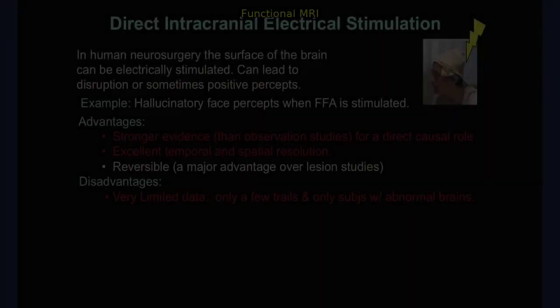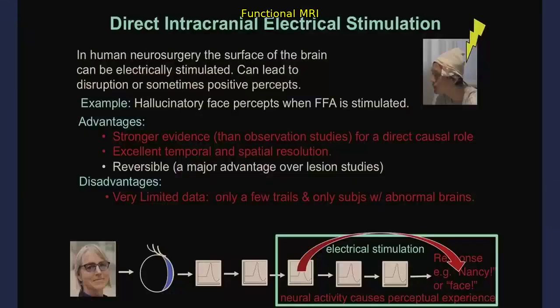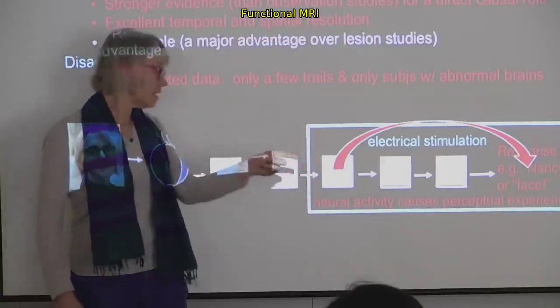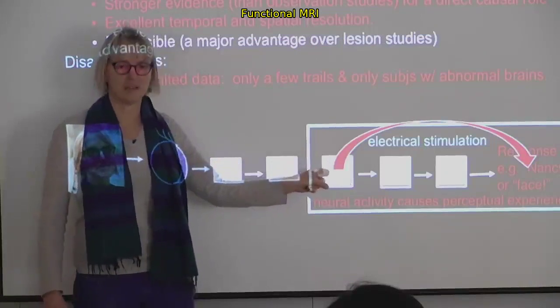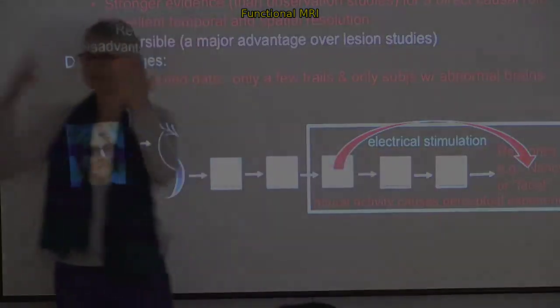I showed you that amazing movie of the guy getting stimulated in his fusiform face area and seeing percepts of faces on top of whatever he looked at. That's a kind of quintessential, beautiful example of the causal role of neural activity there. We're basically directly manipulating neural activity. We're injecting neural activity there electrically and looking at the